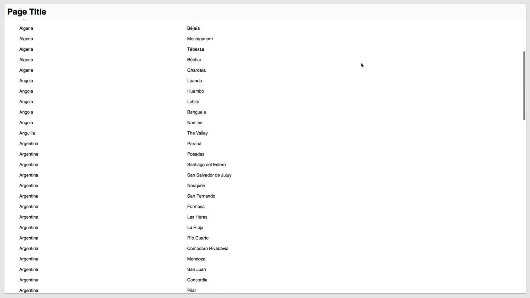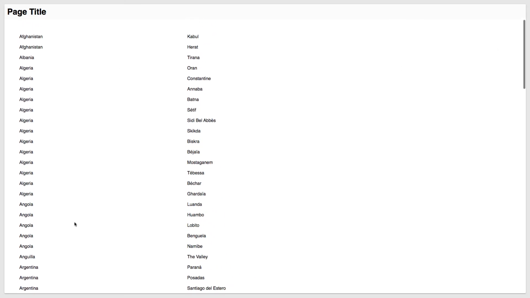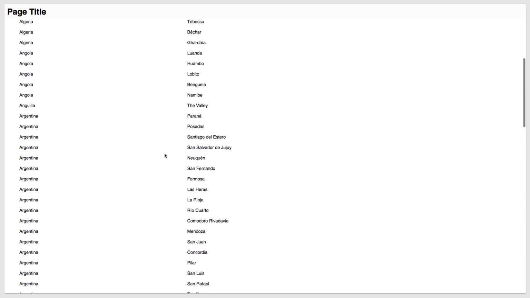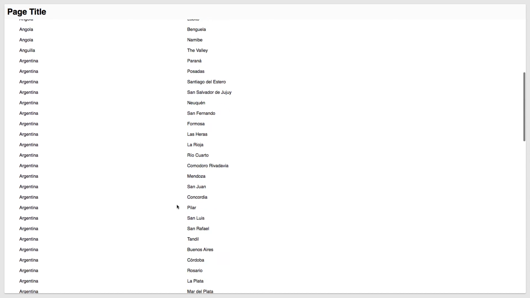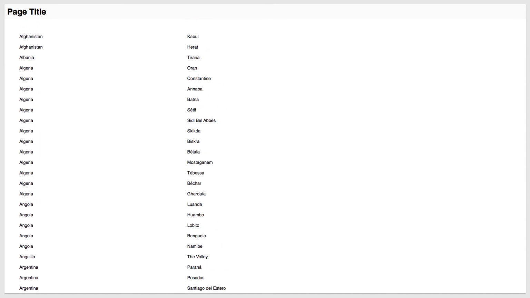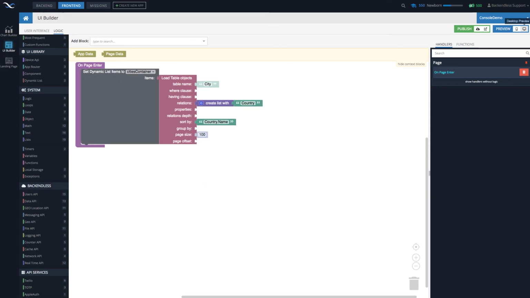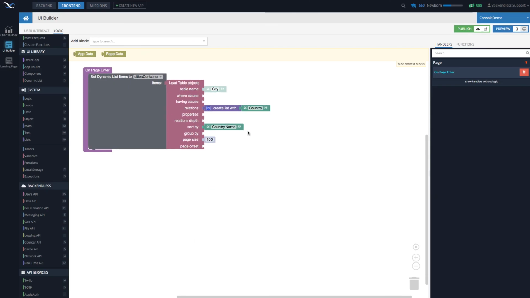And as you can see now, we have an ordered list of countries, and then for every single country, we get the cities that are in that country. So as you can see, working with the database is actually very straightforward. You do need to understand how to map the database structure to the actual mechanism of referencing columns and properties and relationships in the UI logic.